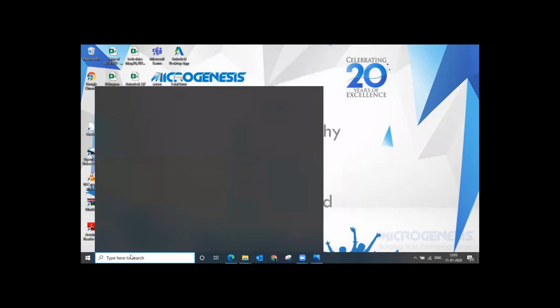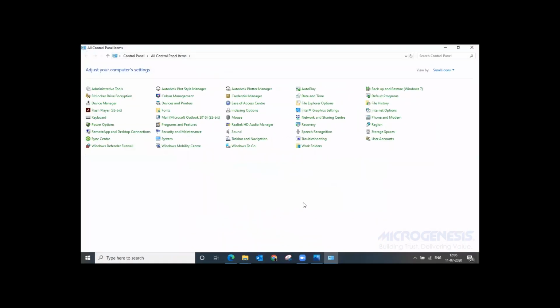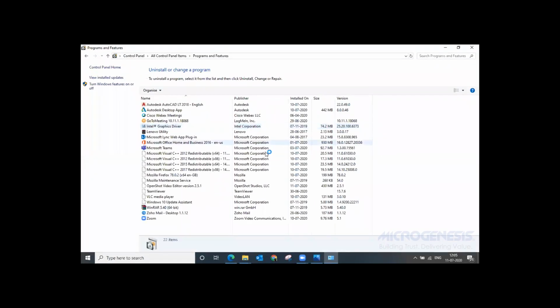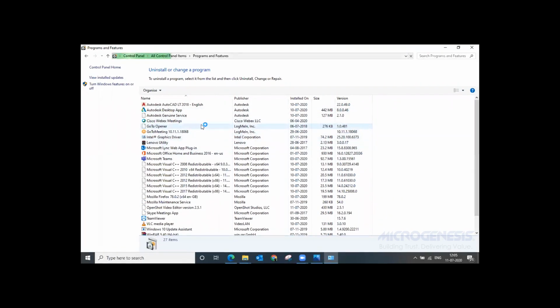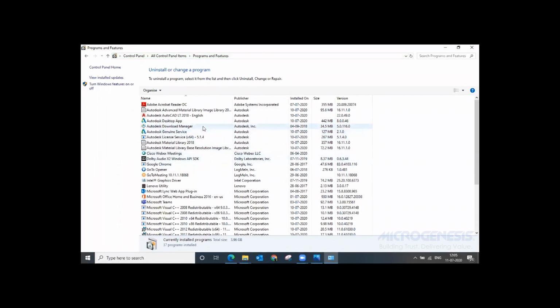Then after that, we need to go to the control panel. In the control panel, in programs and features, we need to check whether all the software that we need to uninstall, the Autodesk related applications, are completely uninstalled or not.